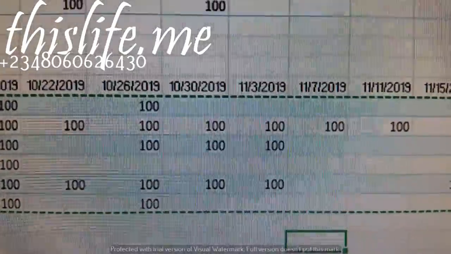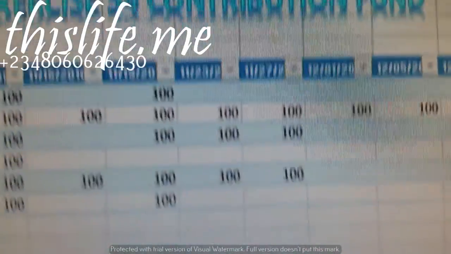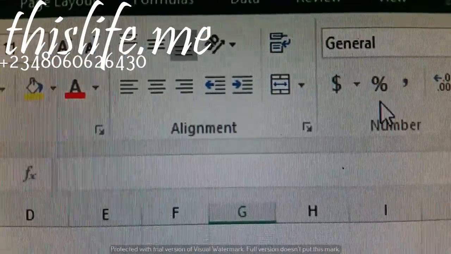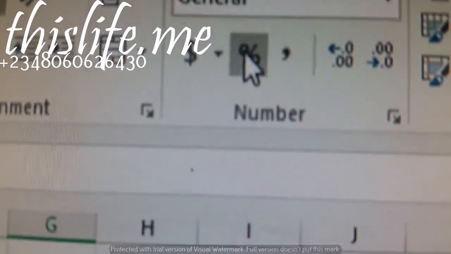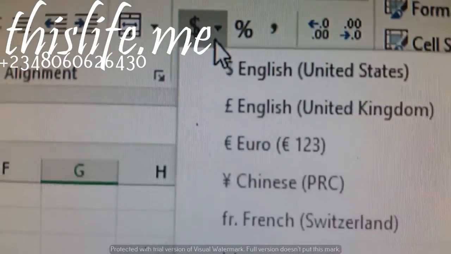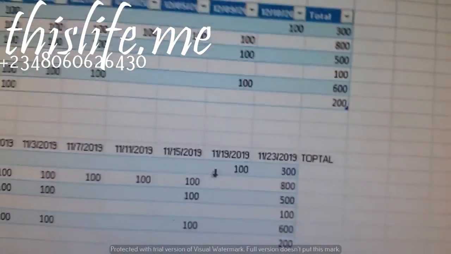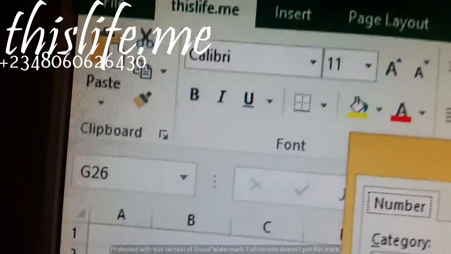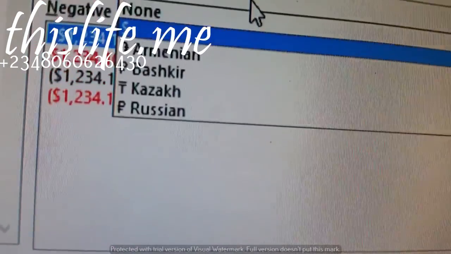On highlighting, click on the Home tab. Under the number group, you will notice the first symbol there is the dollar symbol. It indicates currency. Click on the small drop-down beside it and click on More Accounting Formats. Then the Format Cells box will pop out, on which you will select the currency part of it and select Nigeria Naira symbol, which is NGN.